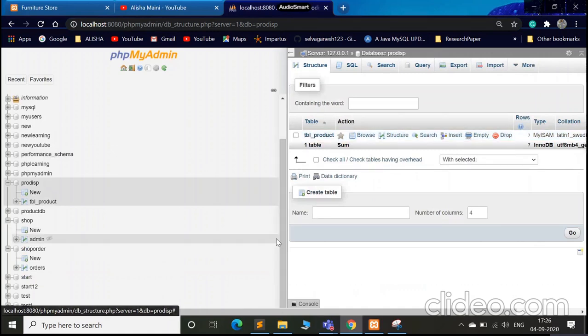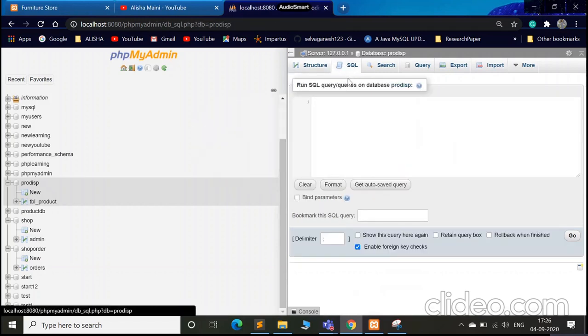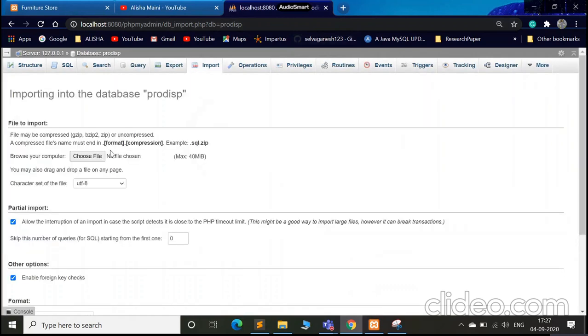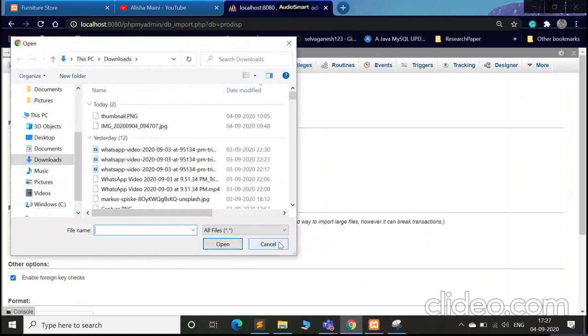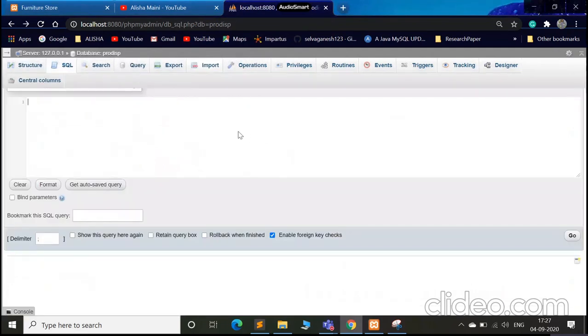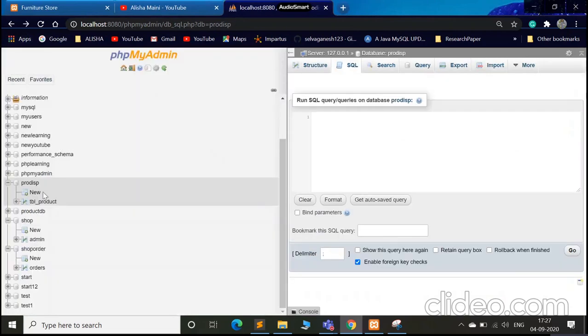So as you can see, I have provided you those SQL files. For that, what you have to do, you have to go to SQL and wait a second, you have to go to import, and there, I'll just close this thing also. And here you can choose that file, select that file, click on open. Because I have already done that, I'm not going to do it, and then in the end you can click on go and it will be done. So that's what you have to do for the databases.